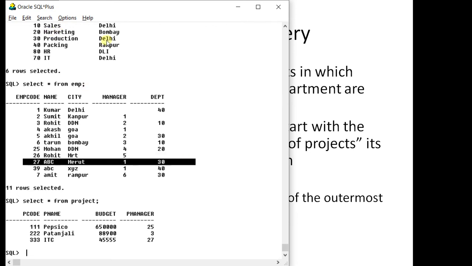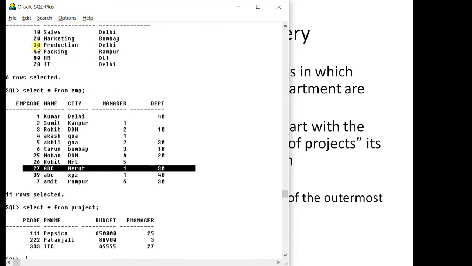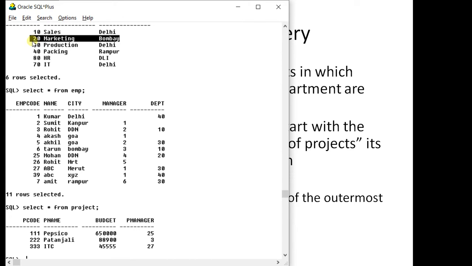And if you look at the third table, marketing department has a code of 20. So indirectly what you have to do is look for that employee code which has a department of 20. As you can see, it is Mohan having employee code as 25.